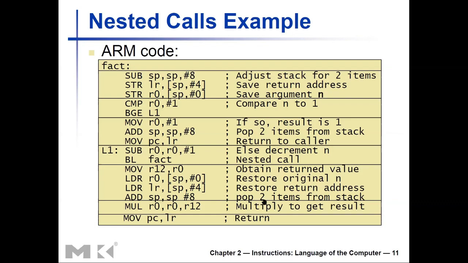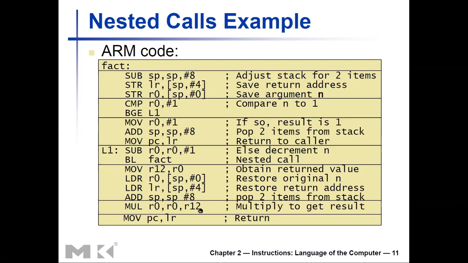Now, pop actually means you assign the value to another register or a variable and release the stack space. So it actually means two things, but here that word is used just for this instruction. That's okay. So pop two items from the stack, or release the stack space that we use, by adding 8 to the current stack pointer value, and you can now multiply